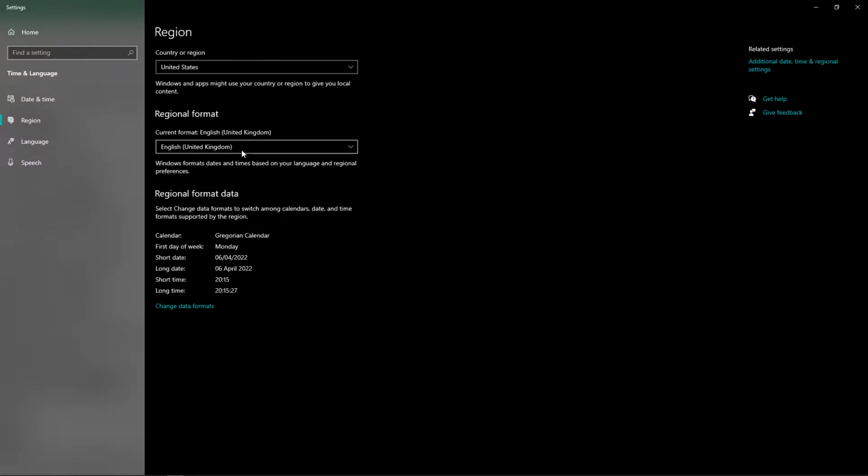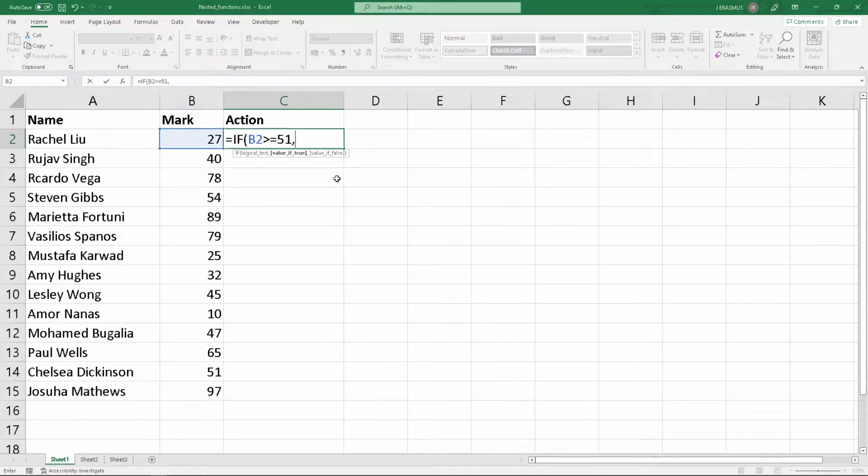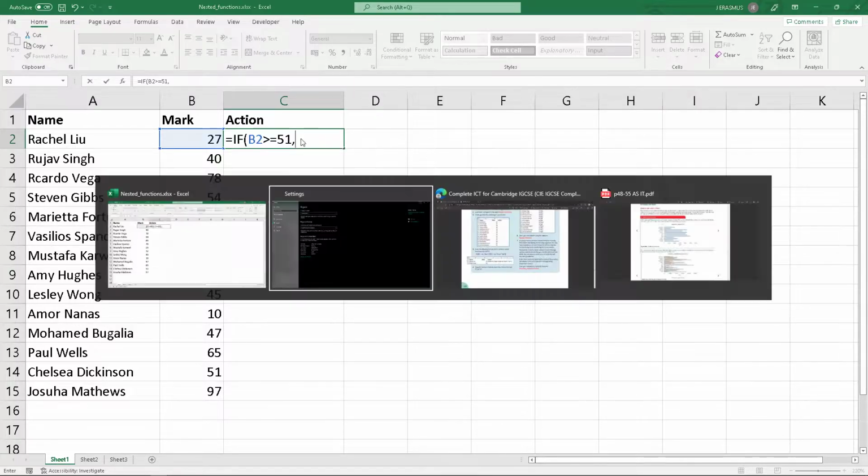Make sure, because your final exam is going to be using this English keyboard, and that's the standard that we need to have for the exam. I know some people might have problems over here, so if that happens, change your region settings, save this, close it, open it again, and then you'll also have to use commas, so it's nice. Anyway, if this value is greater than or equal to 51, then what will the value be